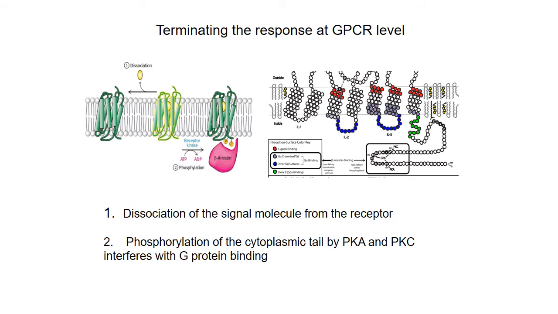How is the response terminated at the G protein coupled receptor level? Simply, there is dissociation of neurotransmitter from the receptor, so then it dissociates and it's cleared through diffusion or through uptake. That's one way. The other two ways are that I told you about this phosphorylation by protein kinase A and protein kinase C, which are activated through, again, downstream signaling. This will prevent G protein binding to it, so it cannot couple to many more G proteins, and therefore it's not active. Or we can have GRK kinase, which will phosphorylate certain serine residues and lead to the binding of